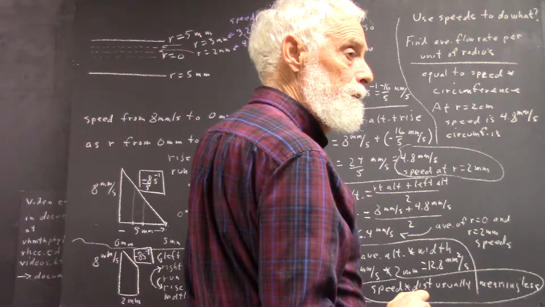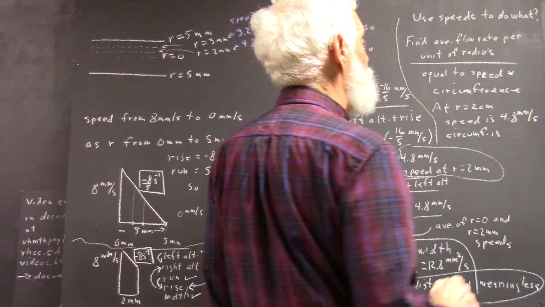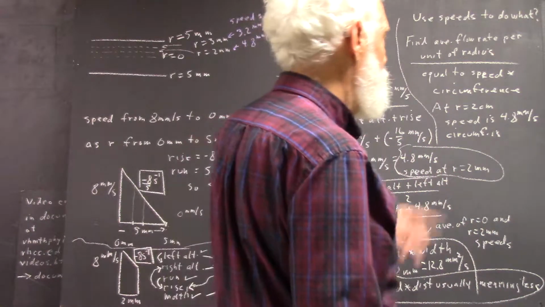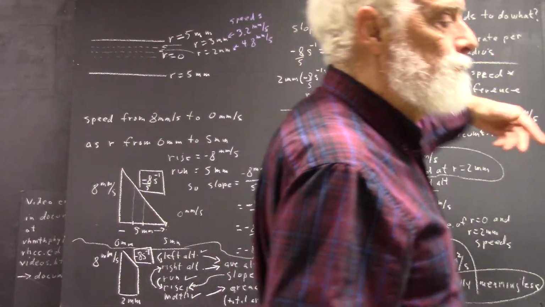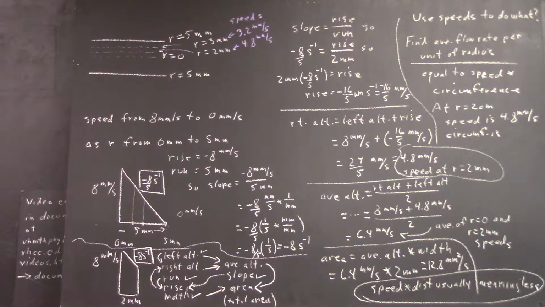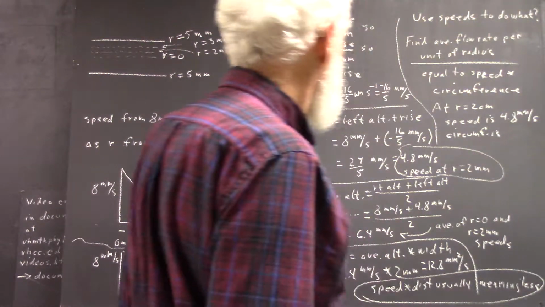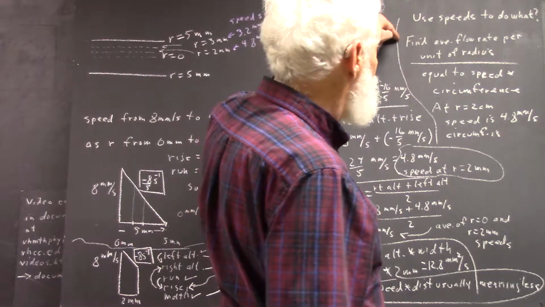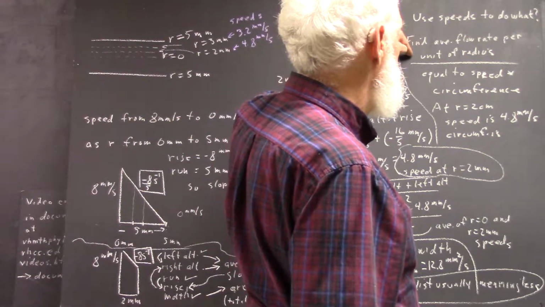The circumference is the whole thing? Well, it says the circumference of a circle of radius R, right? And that would be the average flow rate per unit of radius